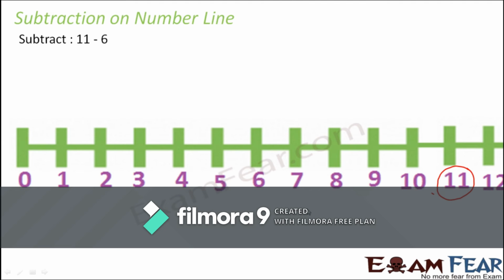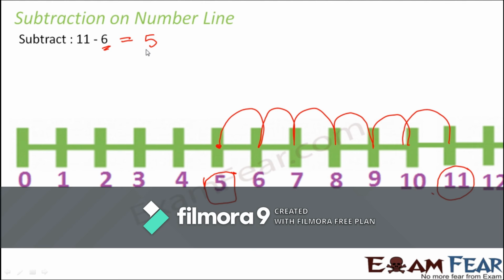Now in this case we are subtracting something, we are reducing something from 11. So basically we are going towards a smaller number. So it is very obvious that since we are subtracting 6 from 11, the result is going to be something lesser than 11, because we are reducing 6 from 11. So this time we will move towards the left hand side. And how many jumps will we make? 6 jumps. So let's make 1, 2, 3, 4, 5 and 6. 6 jumps from 11, and where do we reach? We reach 5. So this shows that 11 minus 6 would be 5.